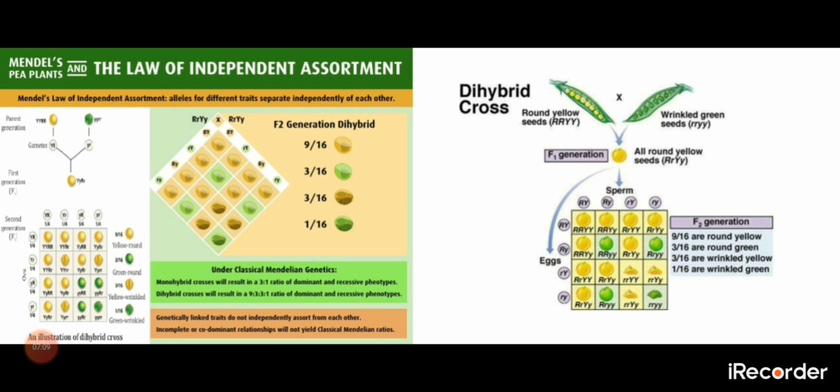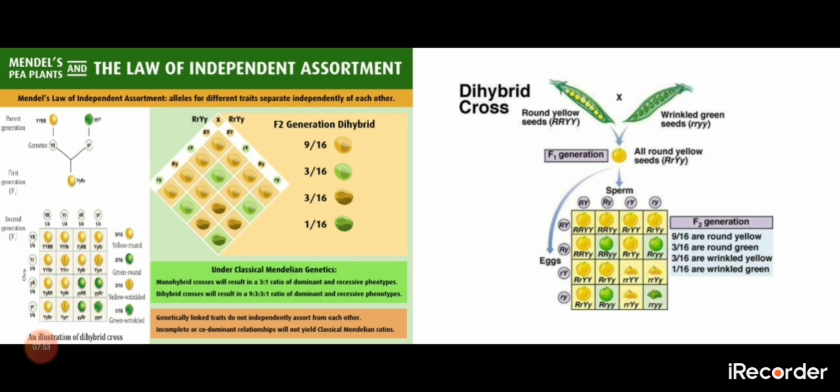The genotype shows that capital R, which is dominant over small r with respect to seed shape, results in round seeds. The genotype also contains capital Y, which is dominant over small y with respect to seed color, and results in yellow colored seeds. All F1 plants are called dihybrids, as they have 2 sets of contrasting characters, and they have the genotype capital R, small r, capital Y and small y.